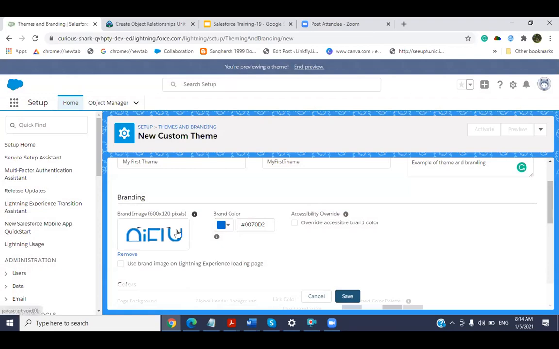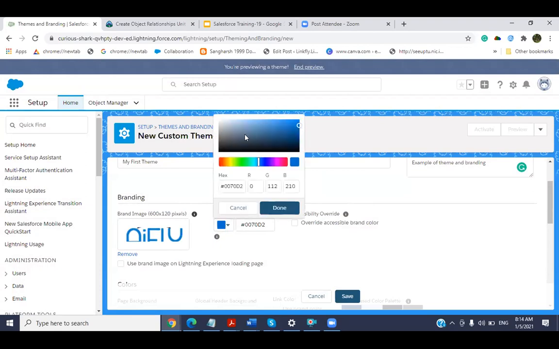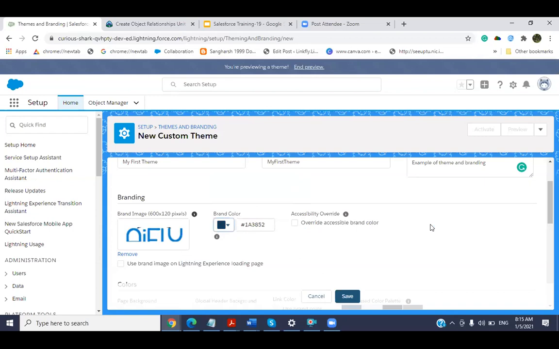It's not taking the full picture; we have to crop the image and all. I'm not setting the things, I'm just showing how it works. So we can upload a picture from here, and if you want to change the color, you can change the color from here. Select the color and click on done.